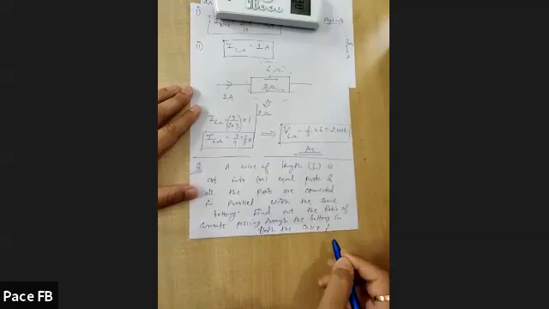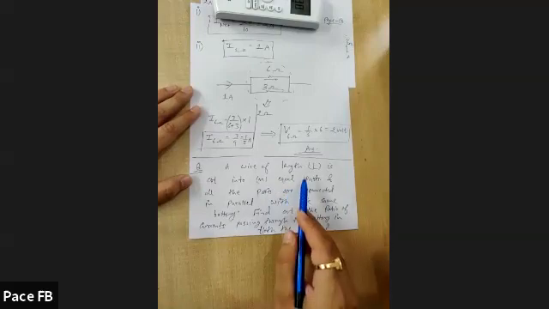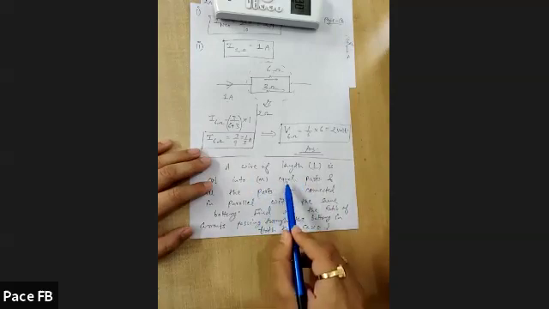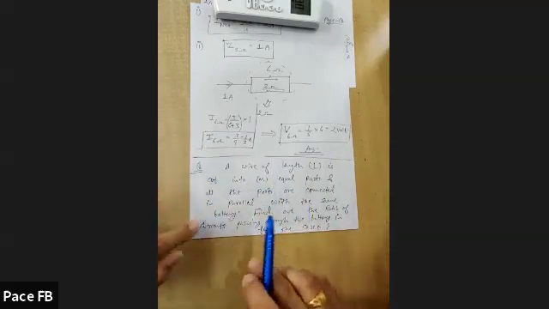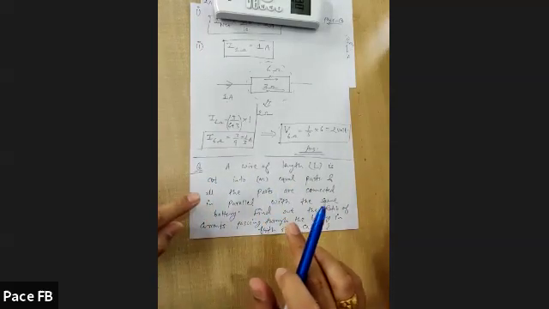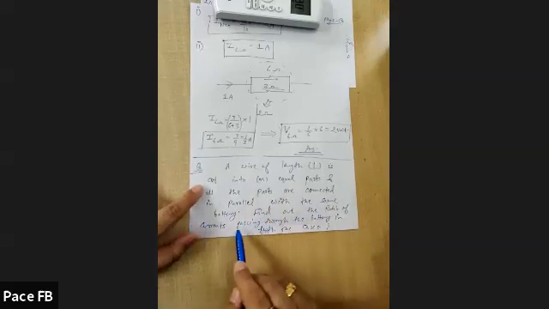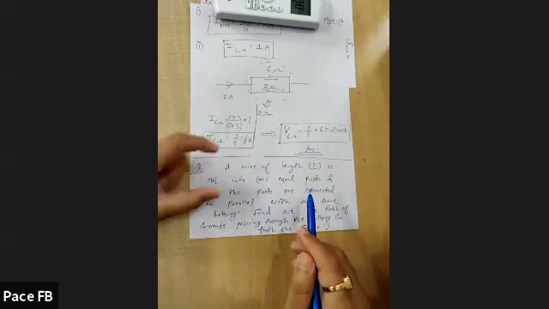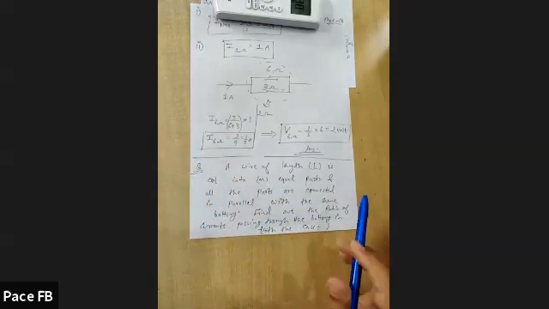So when the single wire of length L was connected with some battery, now this wire is cut into n equal parts, and all the parts are connected in parallel, and that parallel combination is connected with the same battery as the initial one. So you have to find out the ratio of currents passing through the battery in both the cases. The first case is when there was a single wire of length L, and the other case is when n number of wires are there, all connected in parallel with the same battery. Do it.